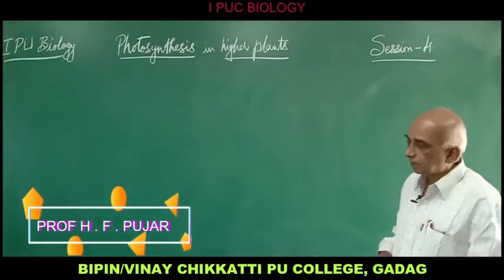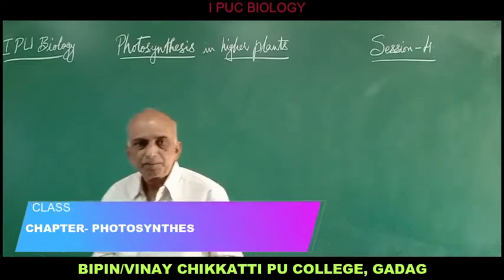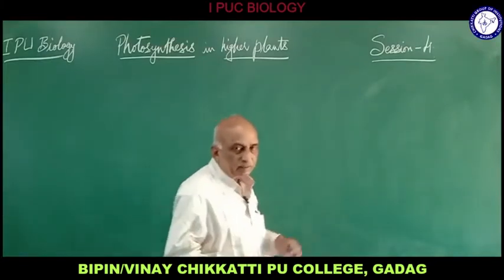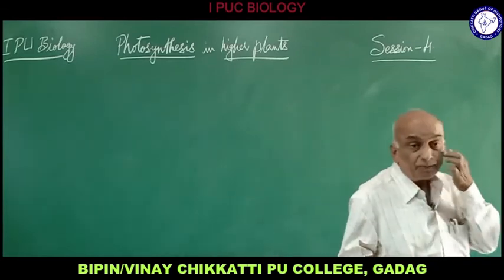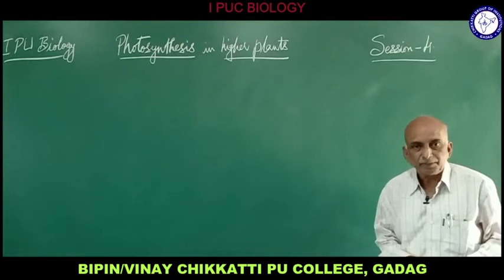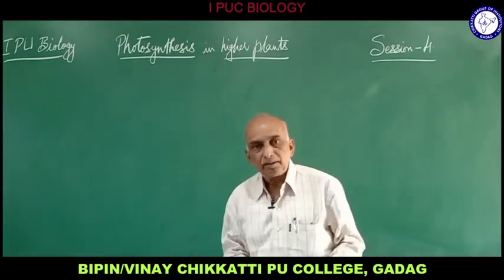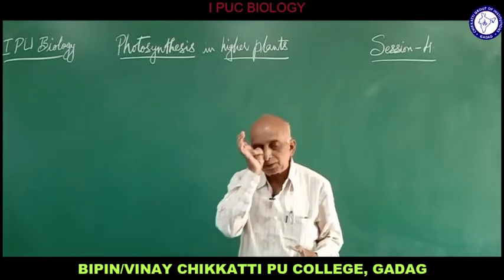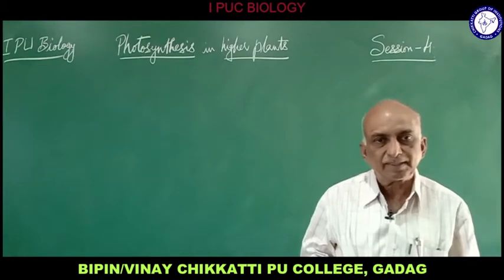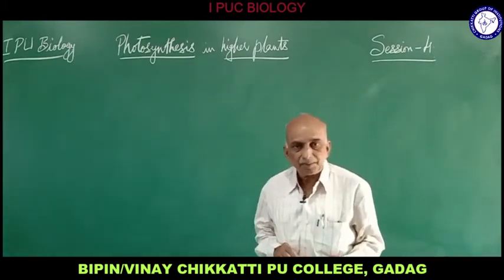Photosynthesis in higher plants takes place in two phases, which was proposed by Blackman. According to Blackman, photosynthesis occurs in two phases called the light reaction and the dark reaction. In the first phase, light is used and water is split to produce oxygen. In the second phase, light is not necessary, hence it is called the dark reaction, and carbon dioxide is